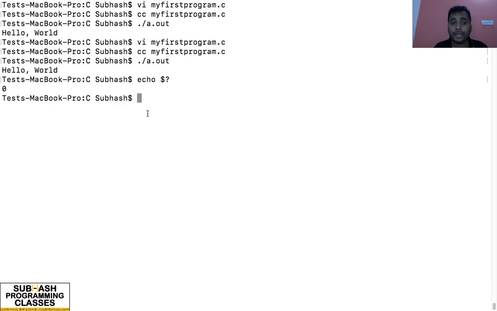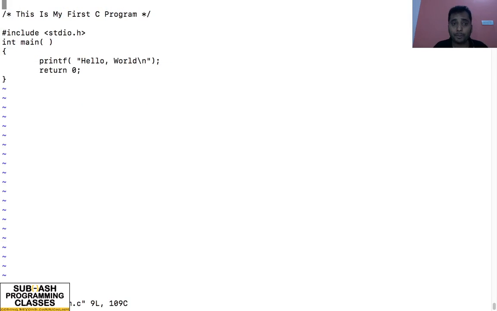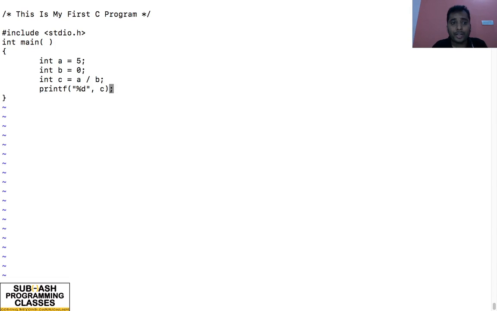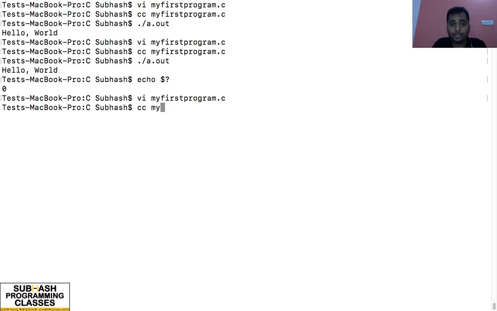If I had any kind of trouble executing my program, say for example, let me try to bring in some kind of trouble by writing int a is equal to 5, int b is equal to 6. Don't worry about this code, I just want to terminate this code unsuccessfully. So int c is equal to a divided by b, and instead of 6 let me make it 0, and then let me say printf percentage d c. Don't worry about what is happening in this code, I'm just trying to crash it. So I'm trying to do a divide by 0,